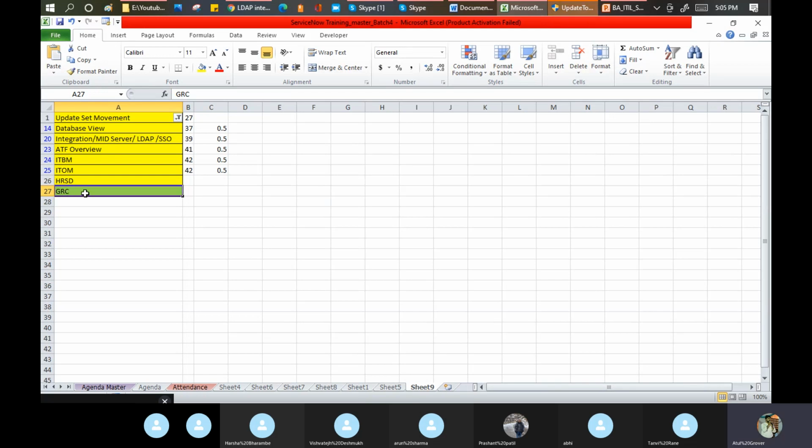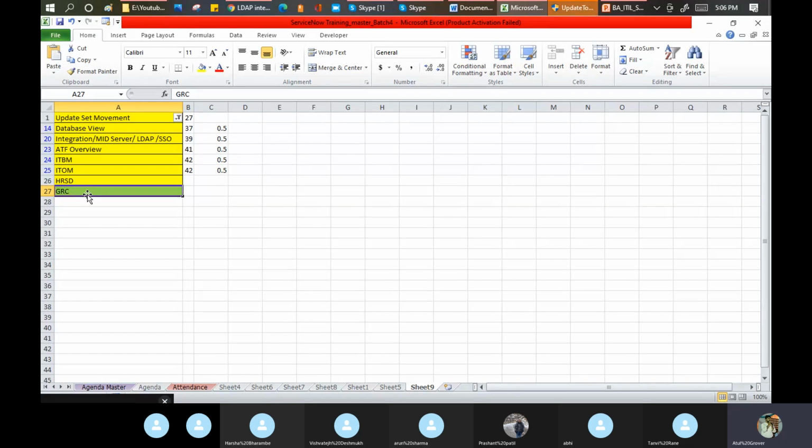Right? So this is the overview of the GRC part. Believe me, it is a very interesting topic, and it doesn't require any technical knowledge as well. Maybe I can say Vishwajit or Aishwarya or Nikhil or Arun, try this area, the GRC part. It is very good. Even I am learning this by self-study only. So you can try this part.